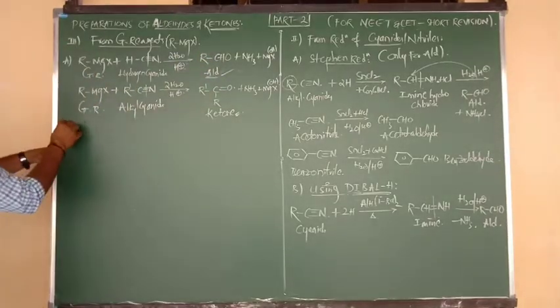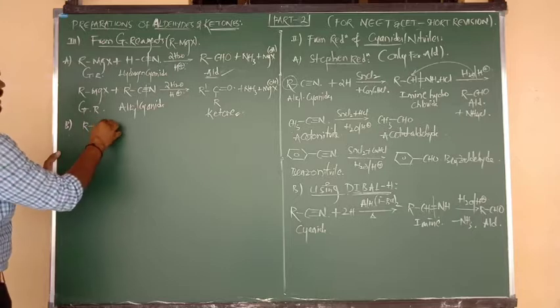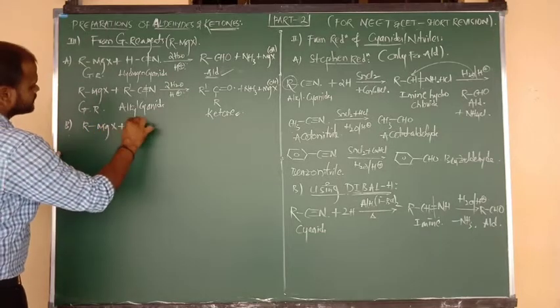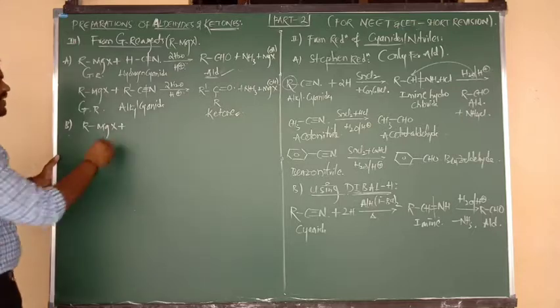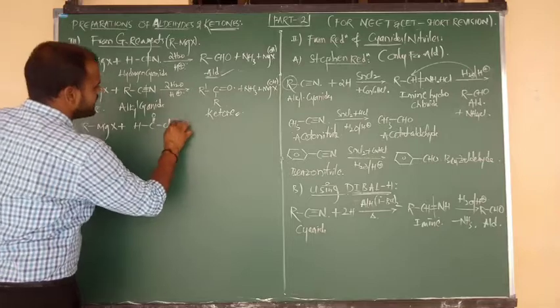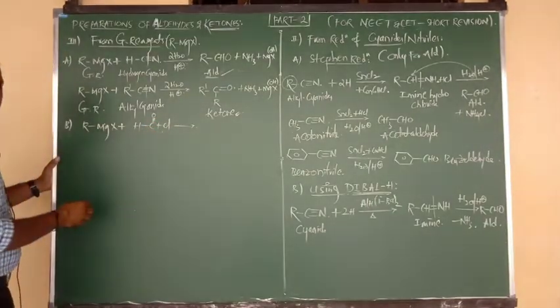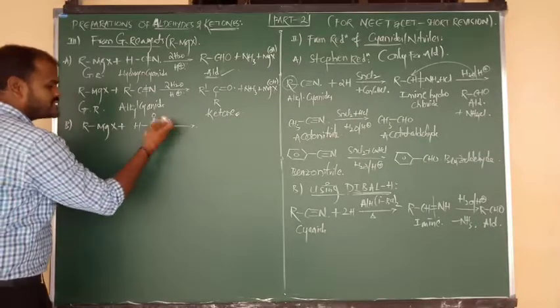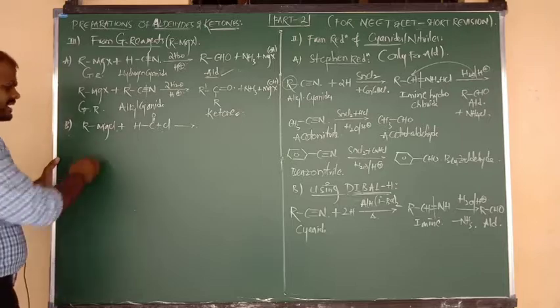Good. Next, again from Grignard reagent, another reaction I am going to give you. Grignard reagent, formula RMgX, upon reaction with formyl chloride. Sir, what is the formula of formyl chloride? H bonded to C double bond O bonded to Cl. Now listen carefully. Formyl chloride, or we can say formyl halide. Here you can write RMgCl. No problem, beta. Yes, any halogen you can consider.